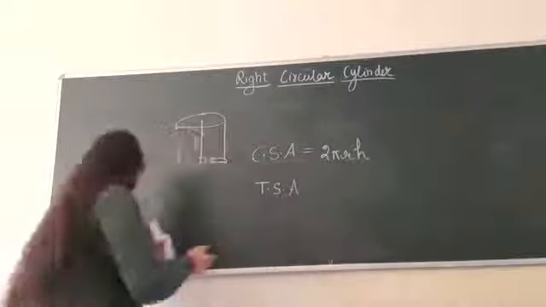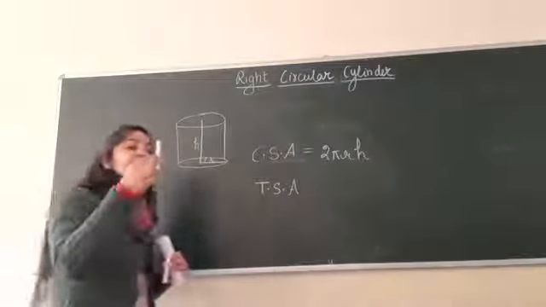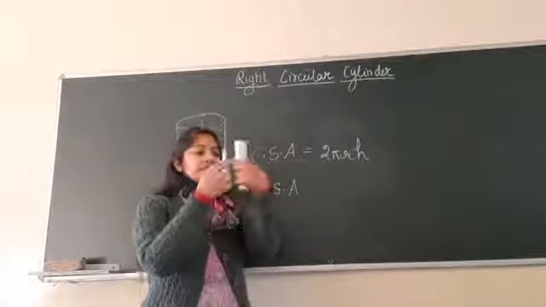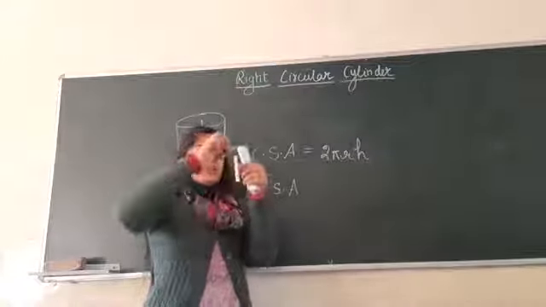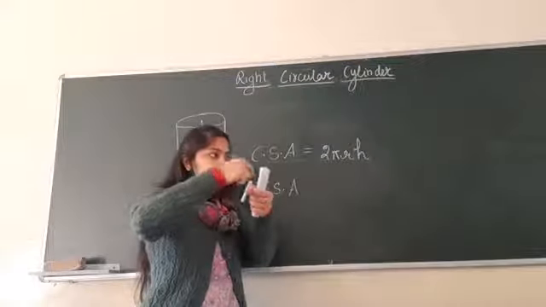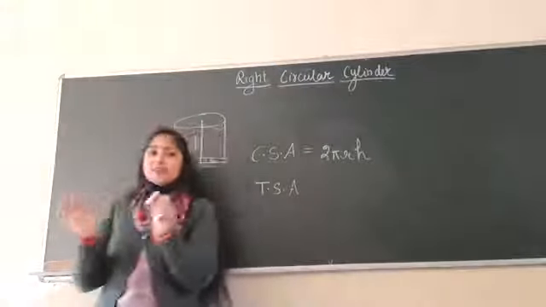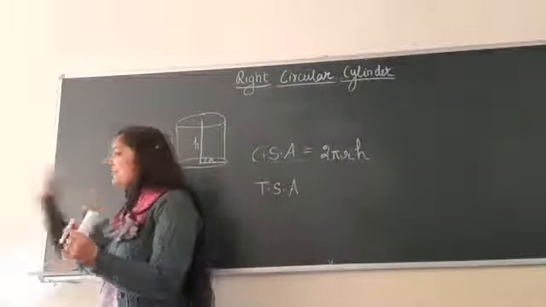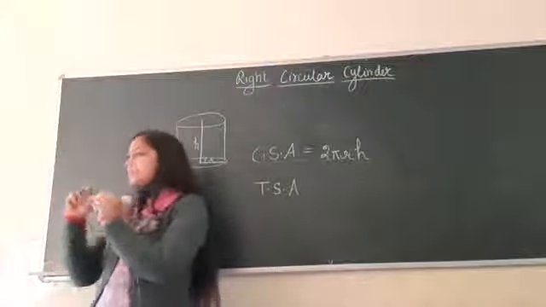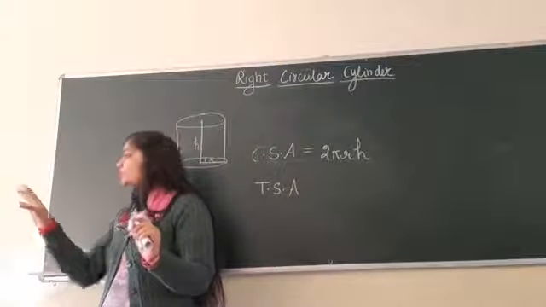जैसे ये आपकी चौक है, it is your right circular cylinder, this is your curved surface area, this is your top which is a circle, and this is your bottom which is again a circle. I'm so sorry, the class is very wide, so I'm not facing towards that side. So I hope things are clear to you also.